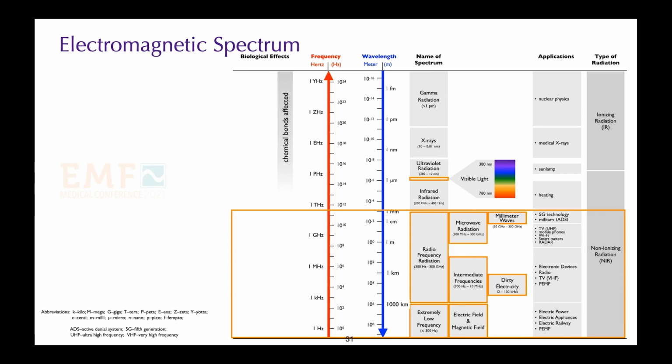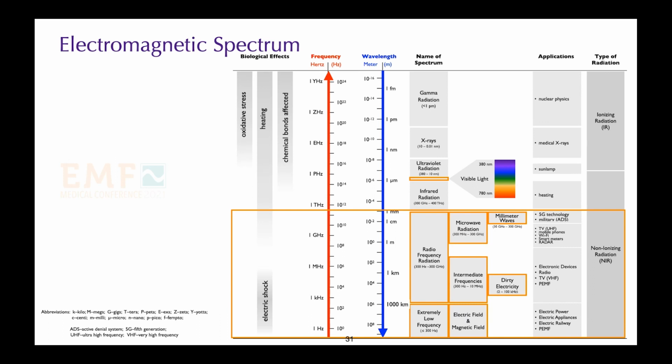For example, we know that ionizing radiation can alter chemical bonds by dislodging electrons from their orbits. There is a heating effect that extends into the upper part of the non-ionizing spectrum. At lower frequencies, we have electric shock. Heating and electric shock are the foundations for the guidelines that we have for electromagnetic radiation in North America.